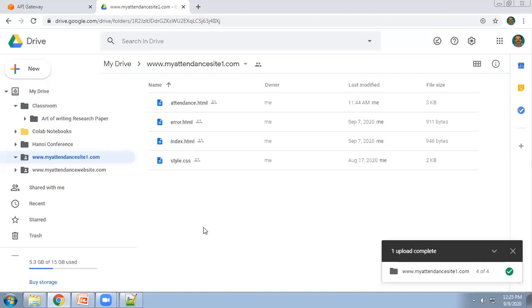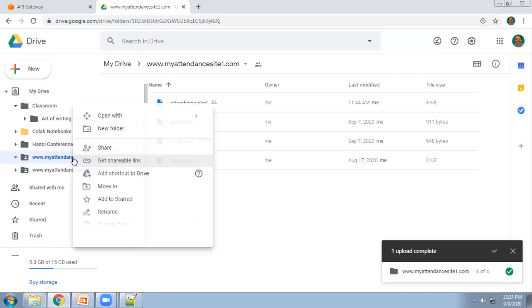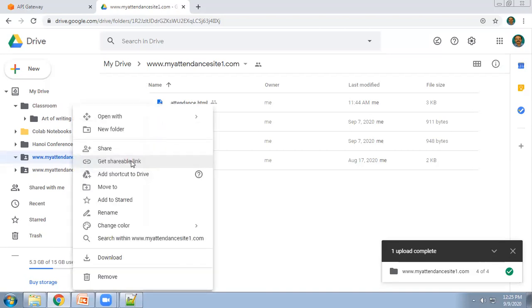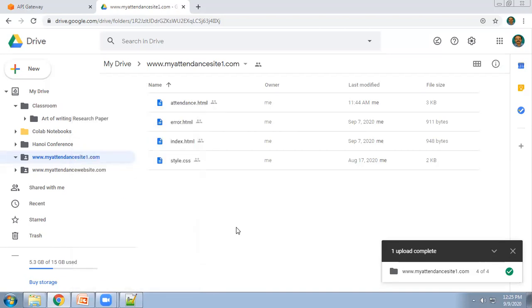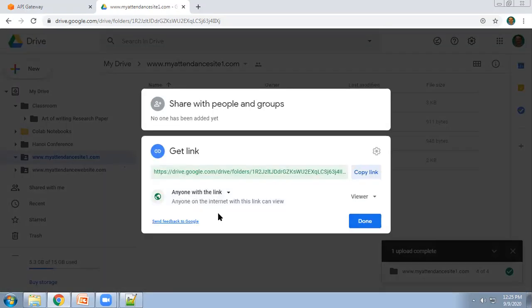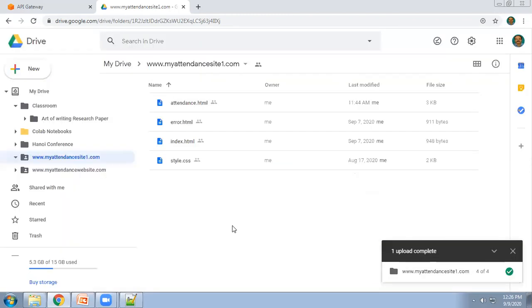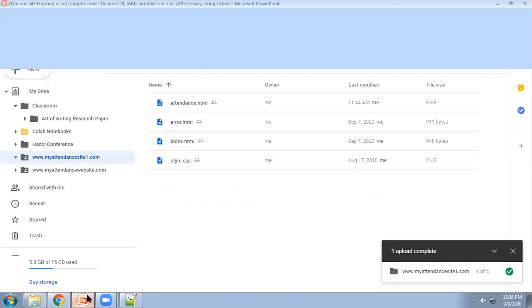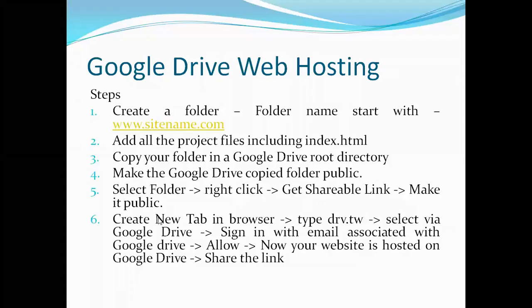The procedure is right click, get shareable link, and I have allowed it. I have given access to the public. The green color shows that I have given the public access. After that, make it public.